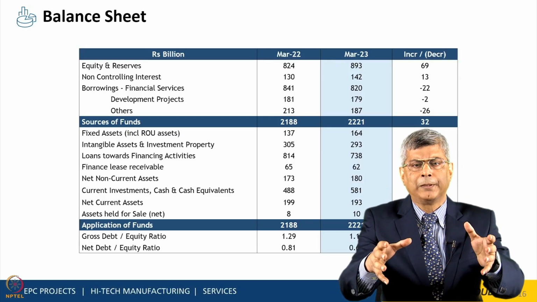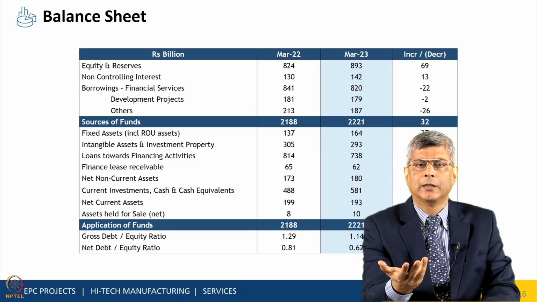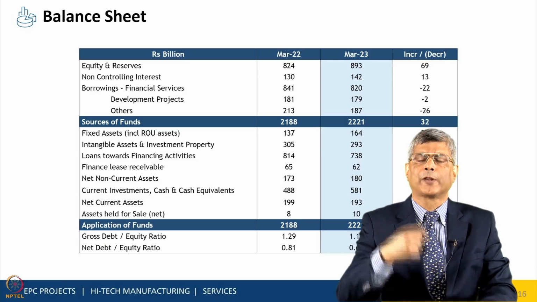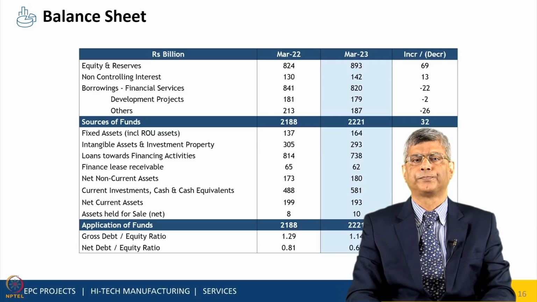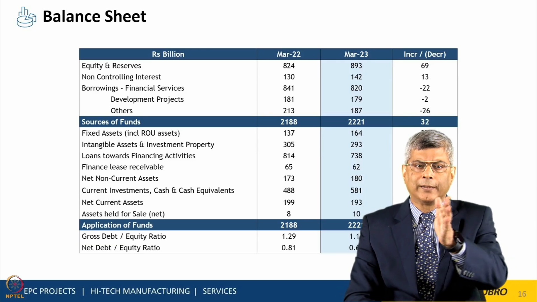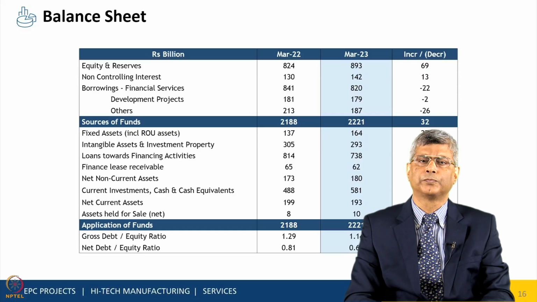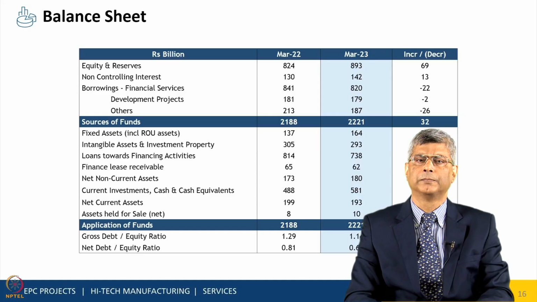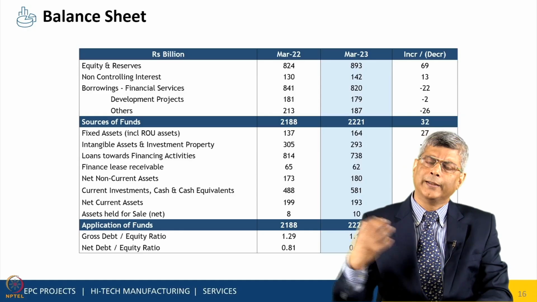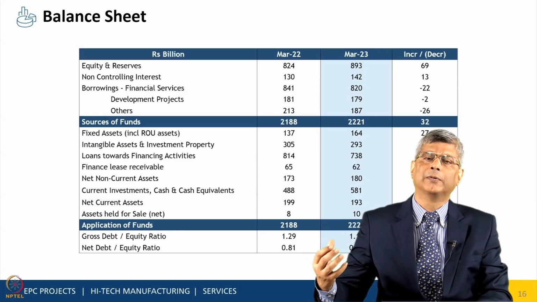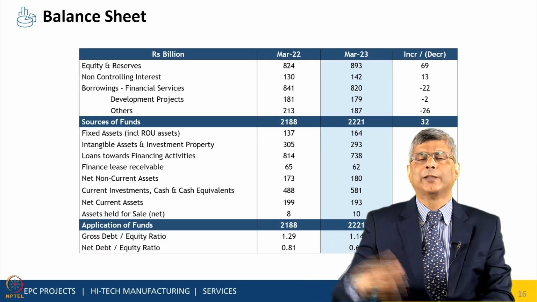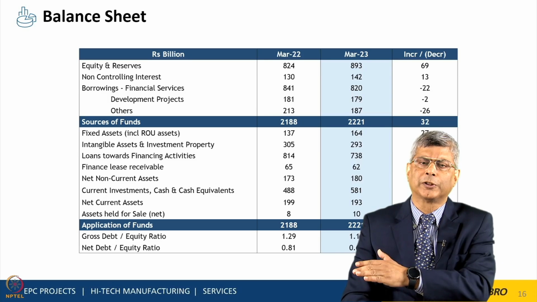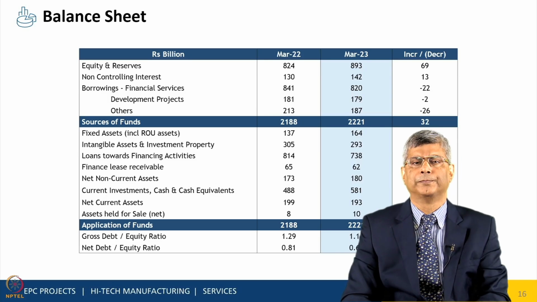It looks very simple, but underneath it is probably lakhs or millions of individual transactions. So if you look at the balance sheet, you will find right on the top sources of funds, which in the example of a cup of tea is a loan that I took from the grocery shop. That was my source of fund, the loan that I took from the grocery shop for my milk, sugar,